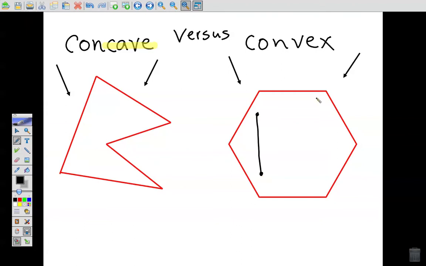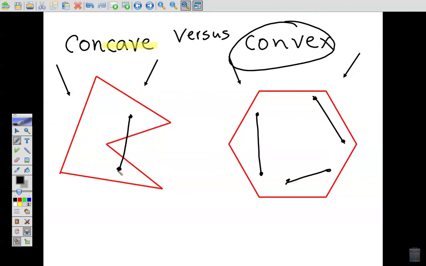Is that whole line inside the figure? Yes, it is. How about if I put 2 dots over there, connect them? Is that whole line inside? You bet. How about here? And you know what? No matter where I put 2 dots and connect them, the line's going to be in the figure. That's convex. But concave means you cannot put 2